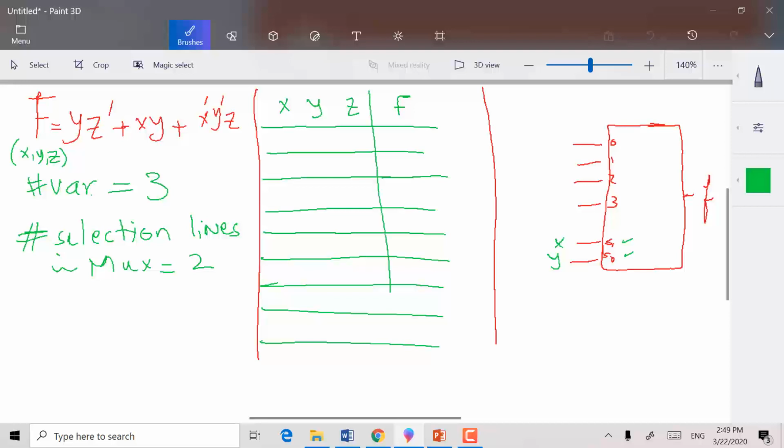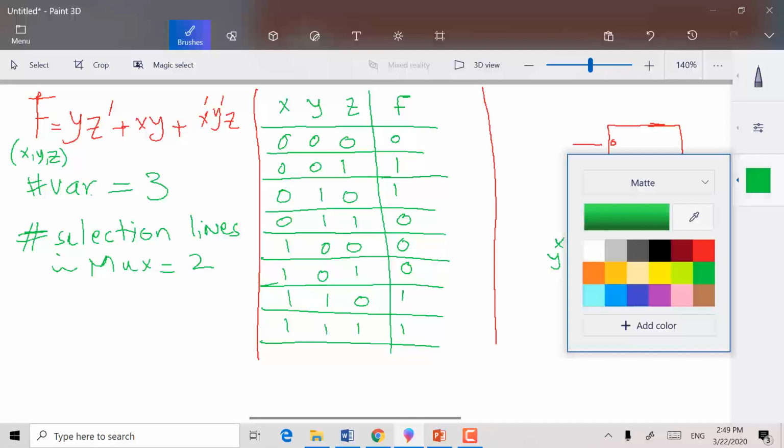Okay, so here we have 0, 0, 0, 0, 0, 1, 0, 1, 0, 0, 1, 1, 1, 0, 0, 1, 0, 1, 1, 1, 0, 1, 1, 1. Let's evaluate the function 0, 1, 1, 0, 0, 0, 1, 1. Okay,